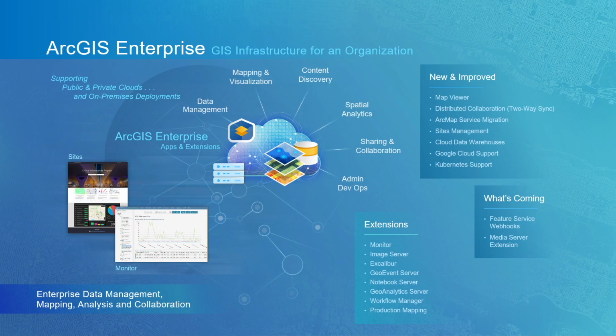Now, let's take a look at what many people think of as the fourth key part of the ArcGIS system, ArcGIS Enterprise. ArcGIS Enterprise underpins a huge amount of the work that you do, offering an on-premise or private cloud complement to ArcGIS Online. Like the rest of the ArcGIS system, ArcGIS Enterprise has seen some new developments recently, and to take us through some of these, I want to pass back again to Boudewijn.